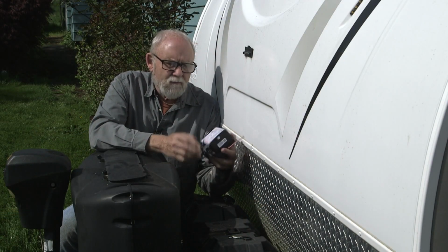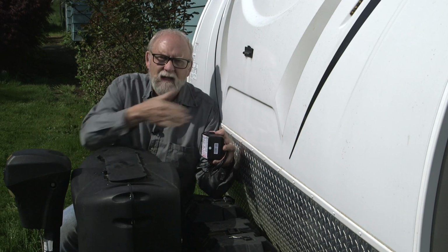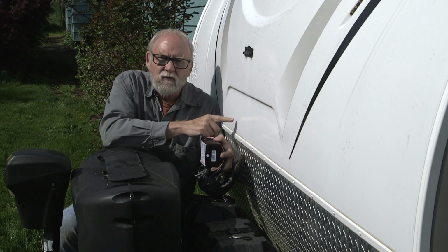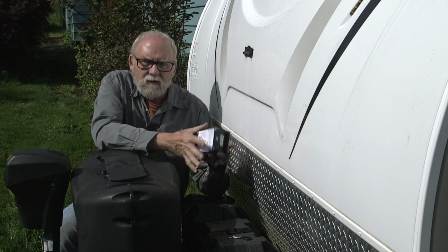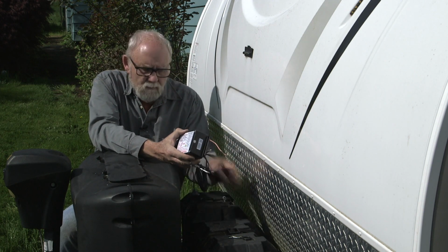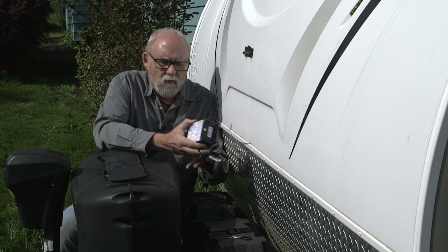The instructions call for the Tucson to be mounted between 1 and 10 feet back from the hitch ball. Well, this trailer has an underbelly, so rather than dig into the underbelly and have to mess with that, we're going to go ahead and mount it right here in the front, on the first cross member behind the hitch. And this puts it about 3.5 or 4 feet back from the ball, which is going to be plenty of room,